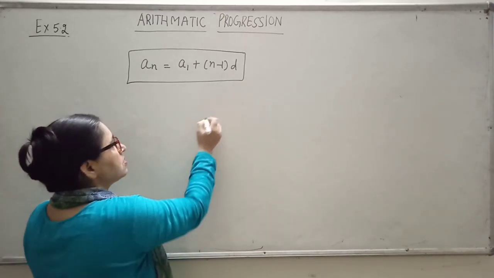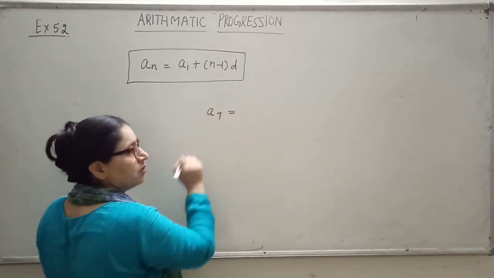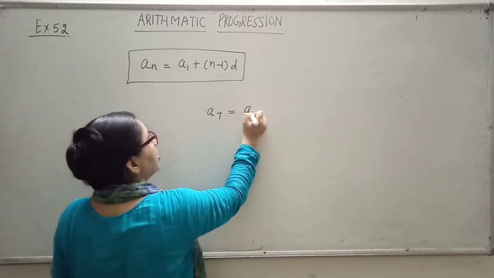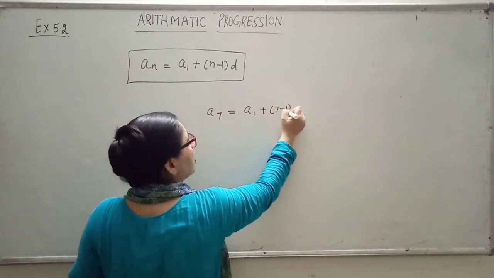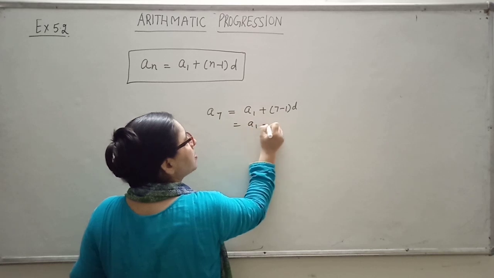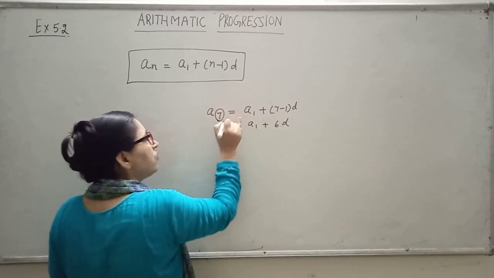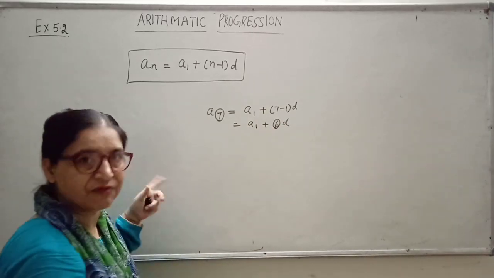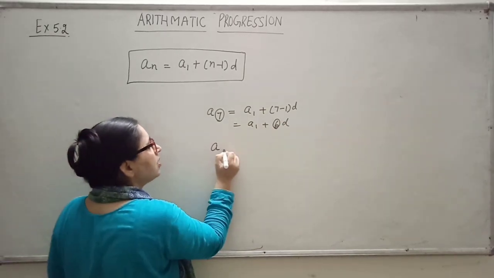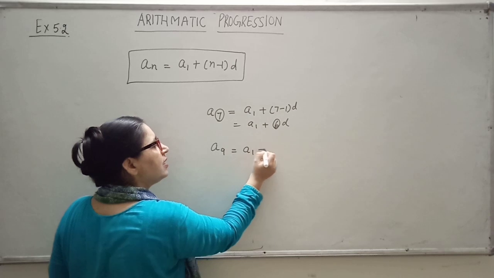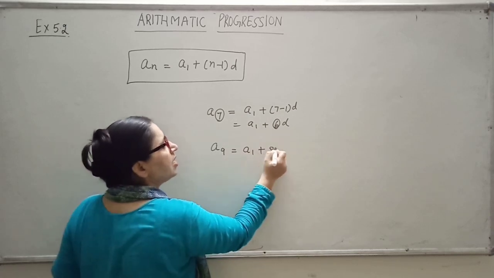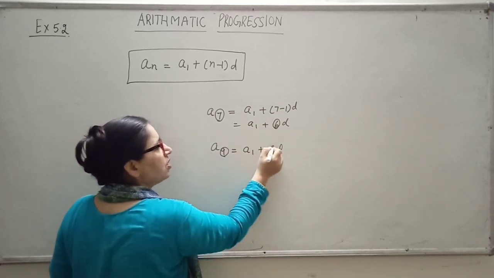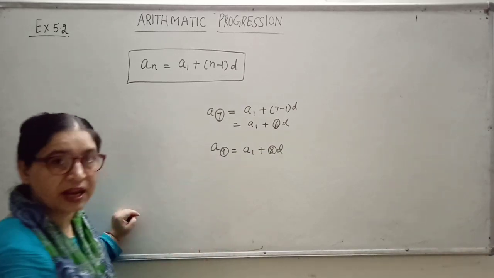So if suppose we have to find out seventh term, then it is a1 plus 7 minus 1d. तो क्या हो जाएगा a1 plus 6d. So whenever you are to find out seventh term, we'll write here 6, 1 lesser than 7. Okay. If you are to find out ninth term suppose, so I can write directly that a1 plus 8d, because 9 is here, so it will be 1 lesser than that, means 8d.